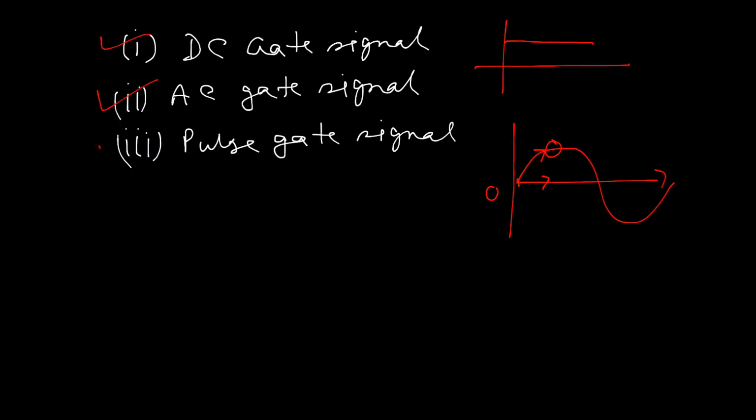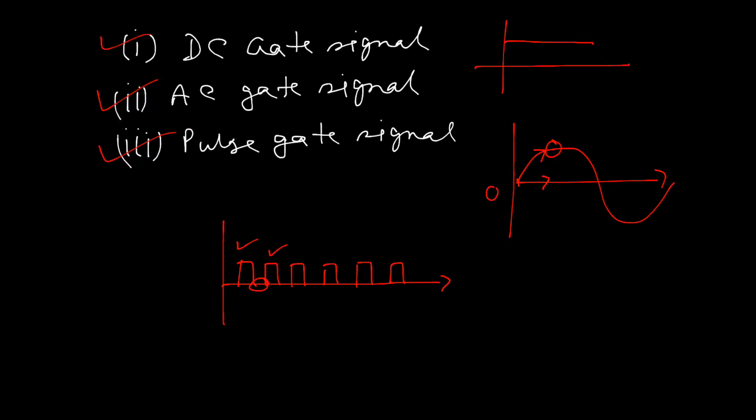And the next one is the pulse type gate signal. If we need high frequency switching for any kind of converter circuit, then we can give a pulse of very small width to the gate. When the pulse is applied to the gate, the device starts working. When the pulse is not there, the device stops working. Again, when the pulse is given across the gate, that means if we give a pulse train across the gate, the device works with high frequency switching.